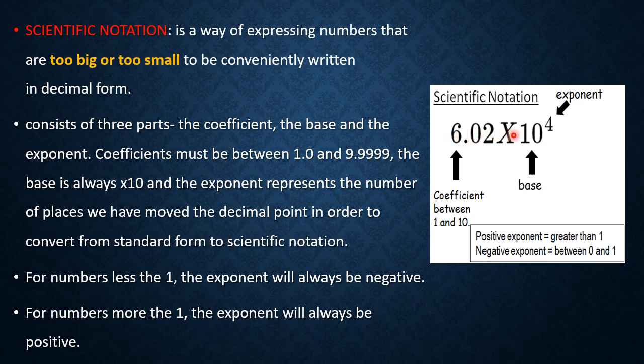Now this is the base 10, and how much to the power, the exponent, depends upon the decimal. If this exponent is positive, then the whole value is greater than 1. Whereas if it is negative, the value becomes less than 1, between 0 and 1. Here I have taken an example of a positive exponent, 10 to the power of 4, where the whole number becomes greater than 1. That is the meaning of the positive exponent and the negative exponent.